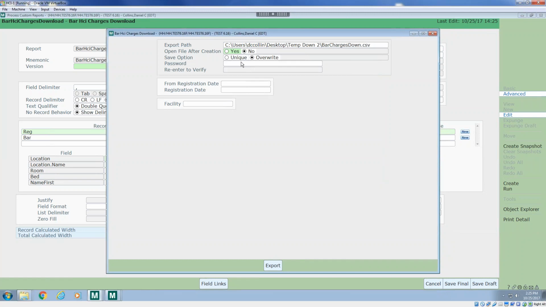Create the file. And then do we want to open the file after creation? I'm going to say no, we'll open that ourselves. And do we want to create a unique file name? If there's another file name that has the same name, you can tell the system to automatically create a new one. If you're doing a download file